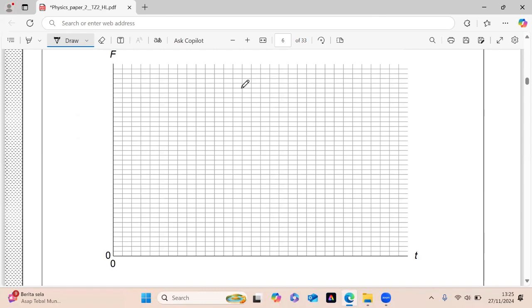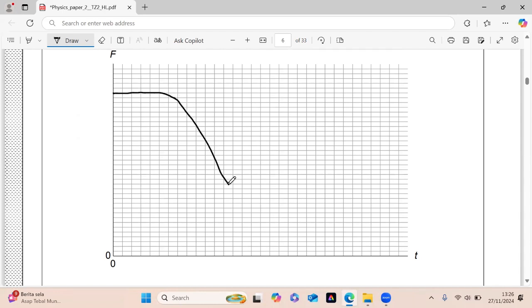The first, the graph starts at a high value, corresponding to the gravitational force. It means at the high around here, for example, around here, okay,